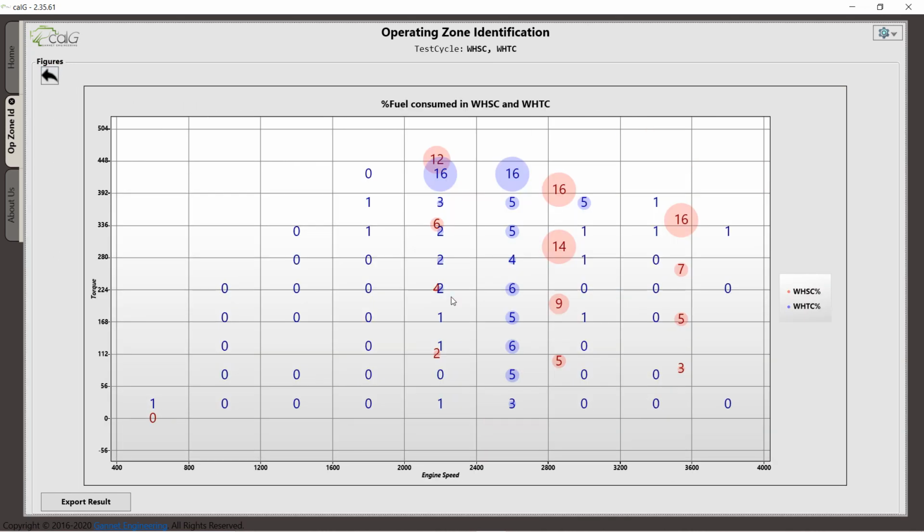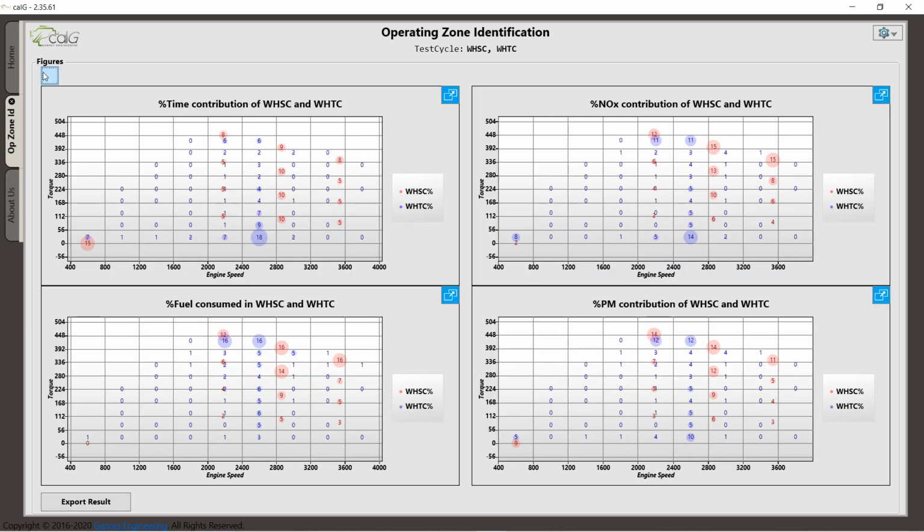Let's see the fuel consumed. So when 15% of time is running here, the fuel consumed at this point is close to 0. It was not exactly 0, but it was very close to 0. It was in decimals. On the other hand, if you see, when we have 8% time of running at this point, it is consuming 16% of fuel. So you can see here 15% time and close to 0% fuel, 8% time but 16% of fuel.